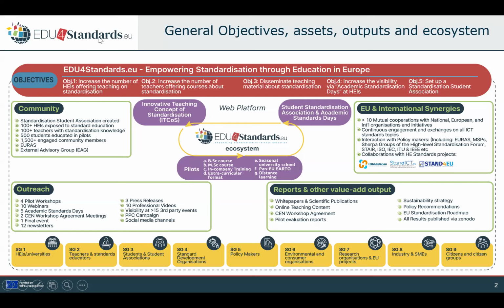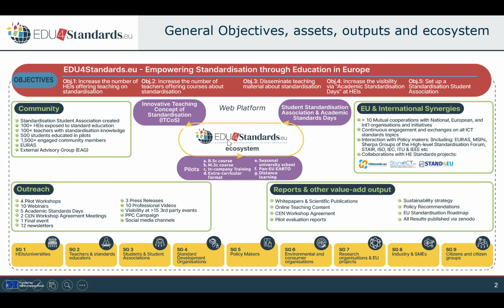So this is an EU-funded project from the Horizon Europe program. It started in January 2024. We are a coordination and support action lasting 3 years. So we are almost halfway, let's say, in the life of the project. And the main objective of EDU4Standards is to support, of course,